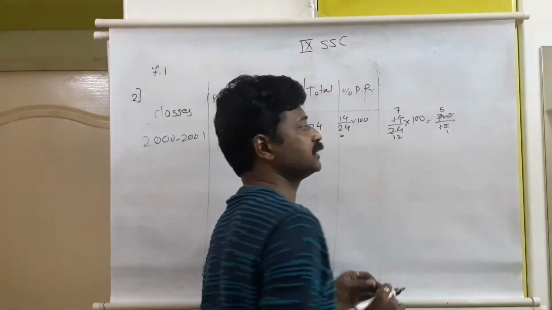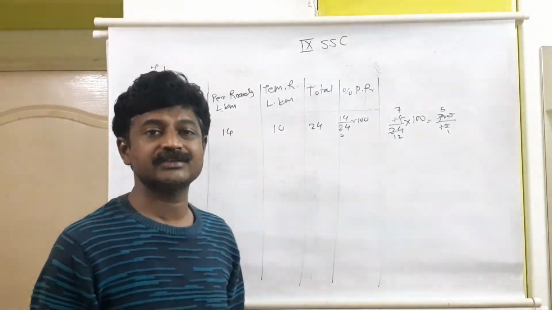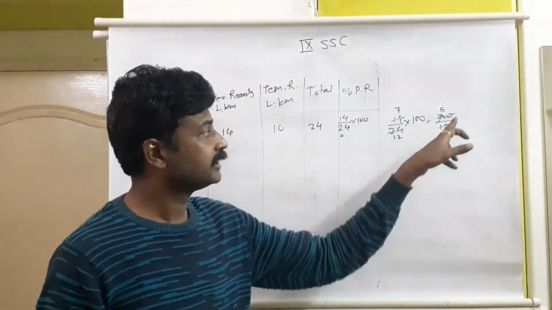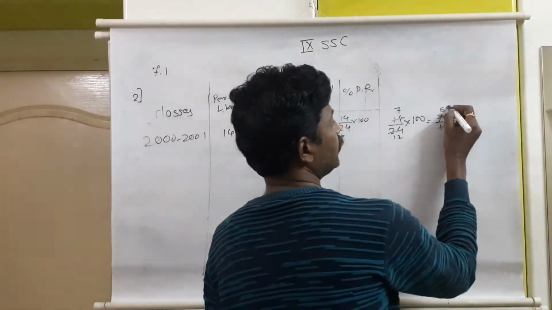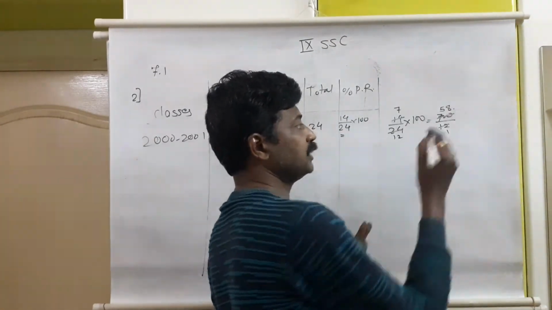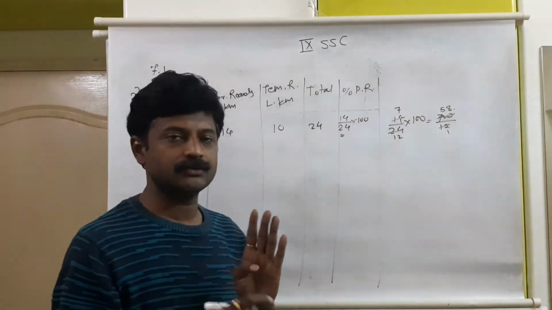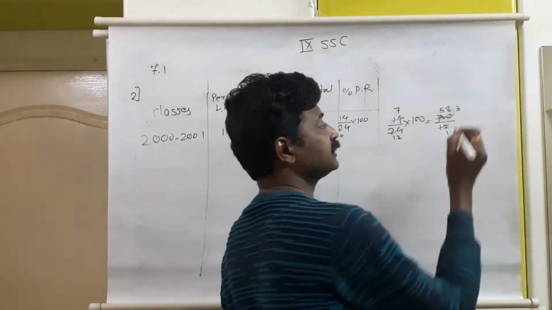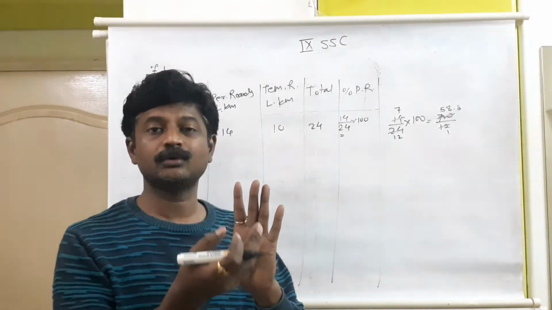12 5 is 60, 12 6 is 72, 72 is more than 70, so 12 5 is 60, remainder is 10. 10 and this 0, it will be 100. 12 8 is 96, remainder is 4. Decimal point, we'll convert that 4 into 40. So 40, we have to divide 40 by 12. 12 3 is 36. Again 4, 40 minus 36 is 4, so 0, 40.